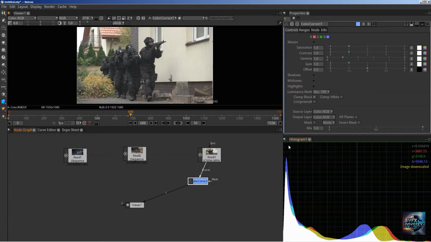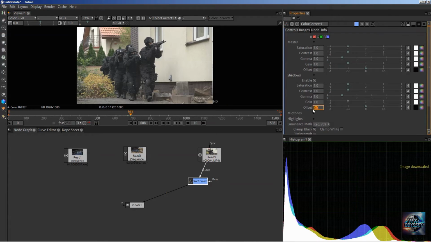ColorCorrect, what is the difference with Grade? Why would you use ColorCorrect and not Grade? Well, ColorCorrect gives you way more possibilities because you can act individually on shadows, on midtones, and on highlights. Not only just on the master, on the whole image, but you can adjust the same parameters for